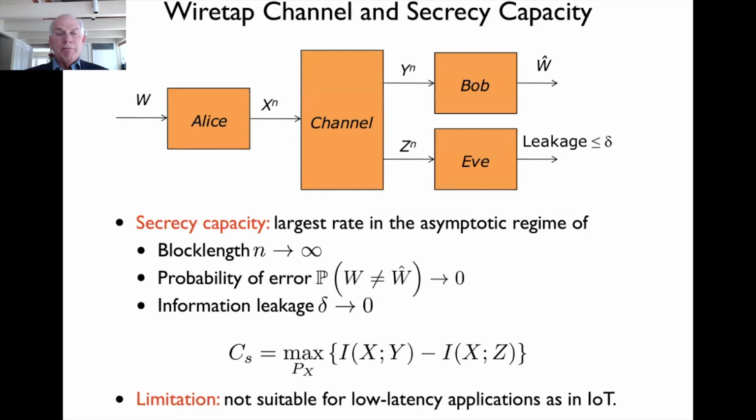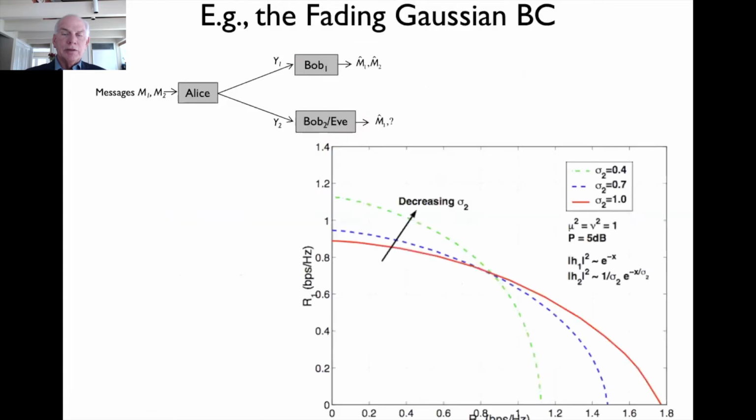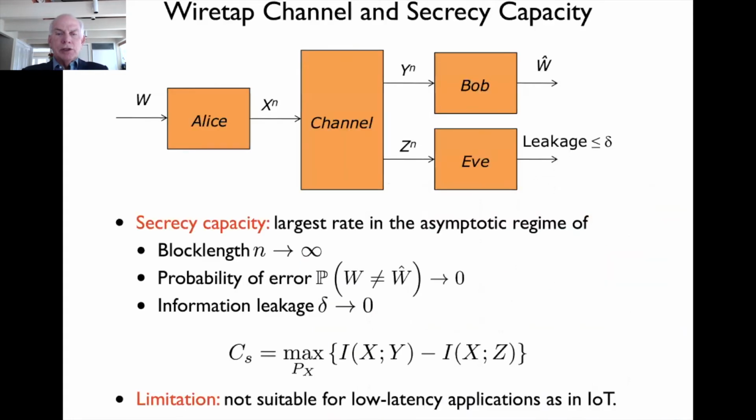Okay, so now I want to talk a little bit about an issue I brought up at the beginning, which was the fact that the kind of results I just showed you are asymptotic results. All the Shannon and Wyner results are asymptotic, as the block length goes to infinity. That's just the way traditional information theory is organized. So let me say a little bit more about secrecy capacity.